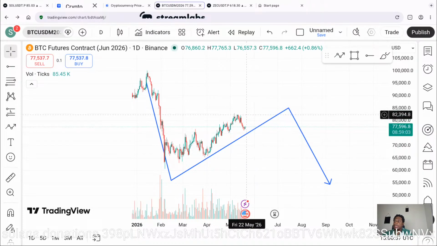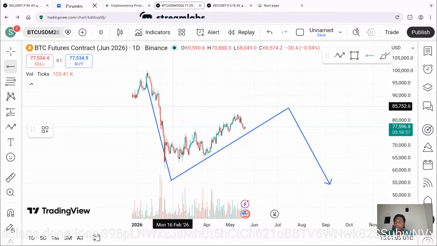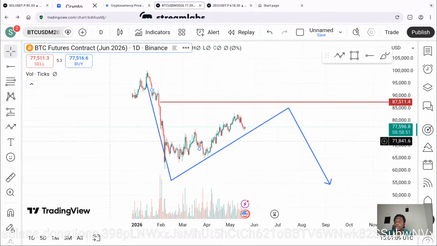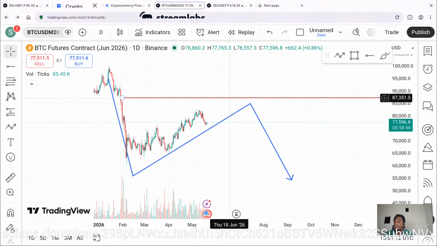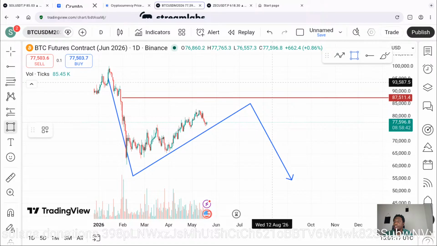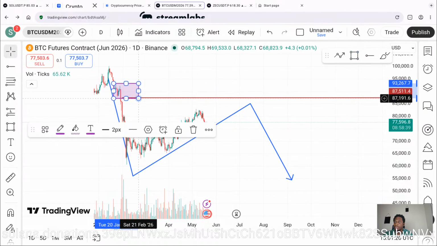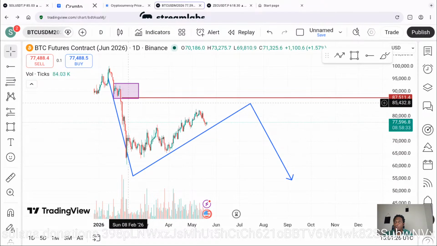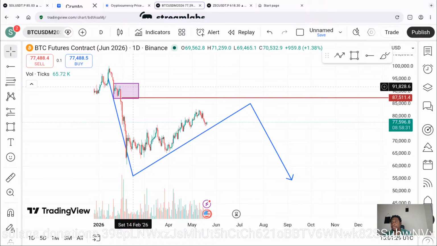The highest it probably can go is possibly around here, because that's where there was a lot of action in these areas. So that's the highest it possibly can go. If it goes higher than this, then we are in for a double top and possibly a push forward higher.